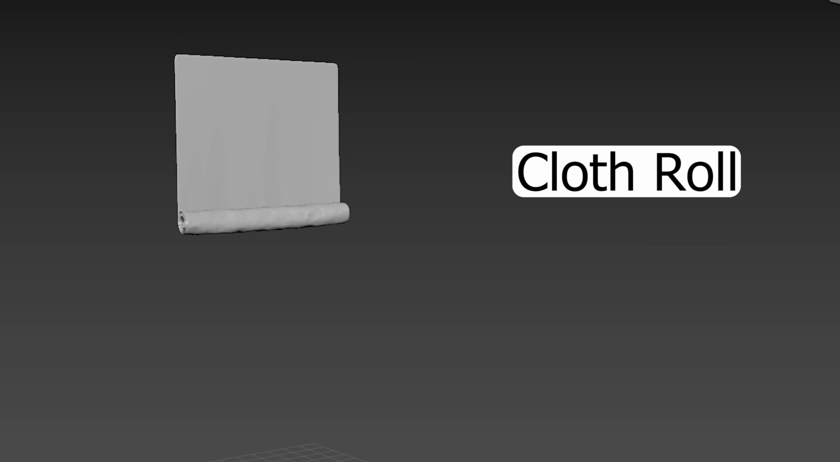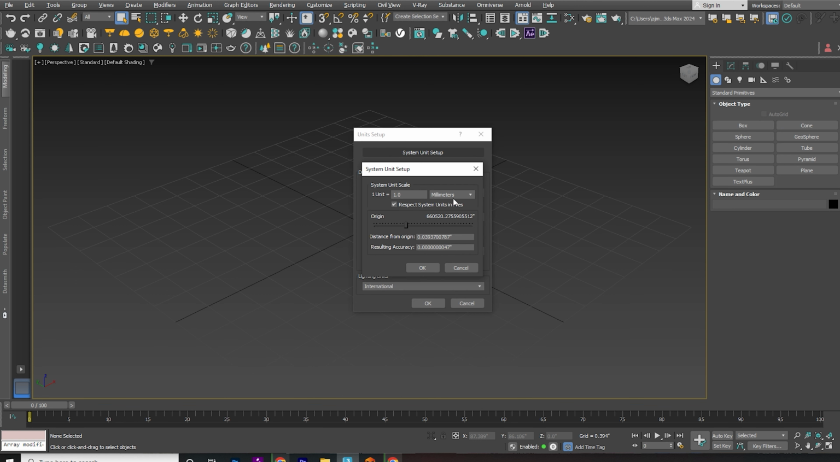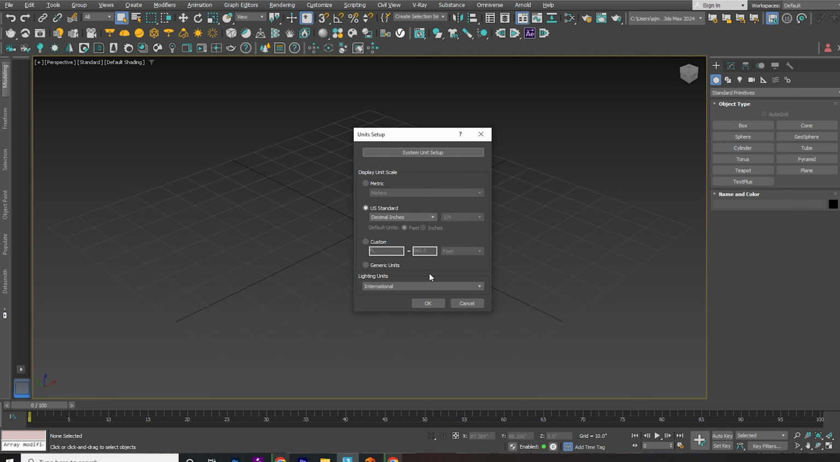Hi friends, today we will learn how to create a cloth roll inside 3ds Max without using any plugins. First, let's set up our system units. This is important because our cloth will behave accordingly. If you set it in millimeters, it will behave like a small cloth, which is not what we want for